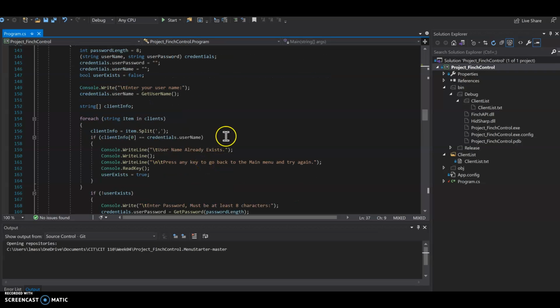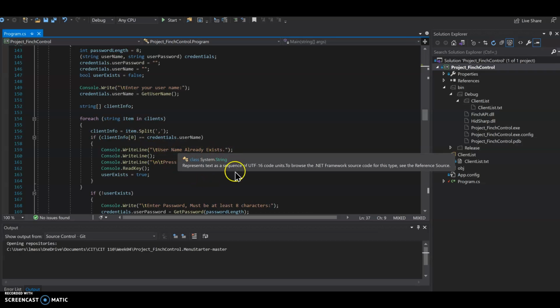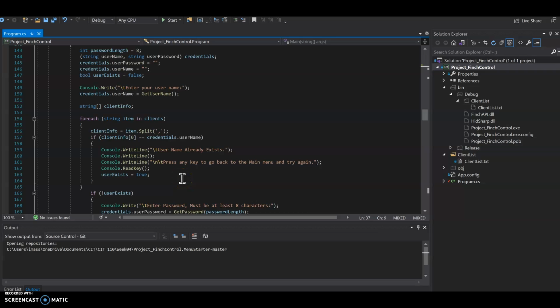Ran it for each, and then splitting the client info, separating by a character, and if the username that was entered matches a current client info username in array spot 0, then it will prompt the user that the name already exists. Press any key to go back,